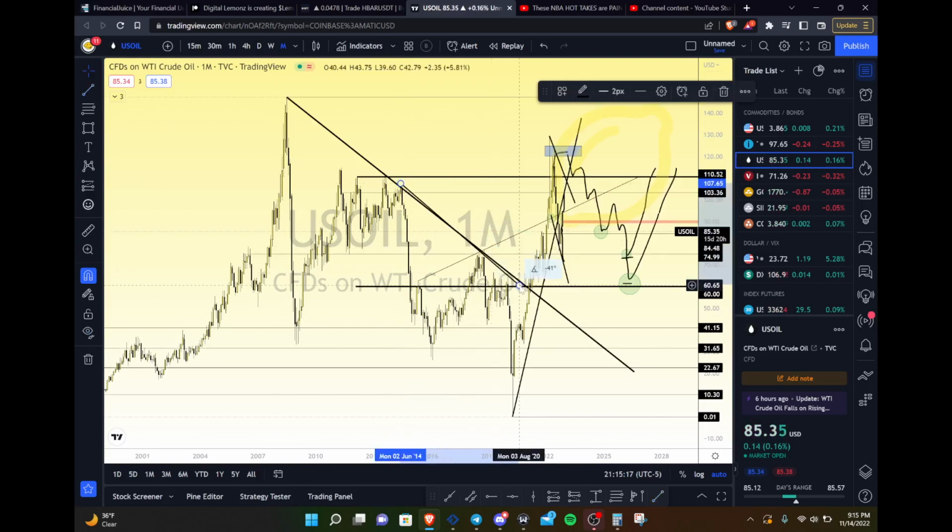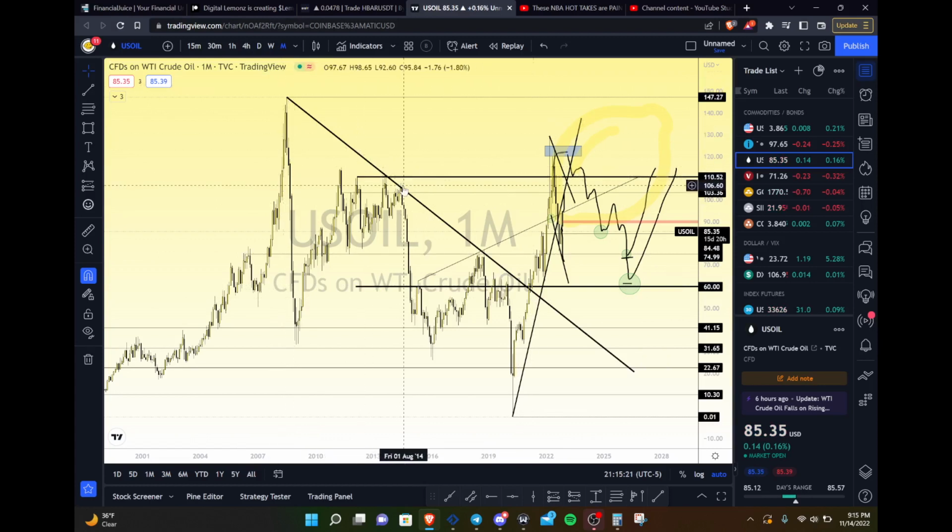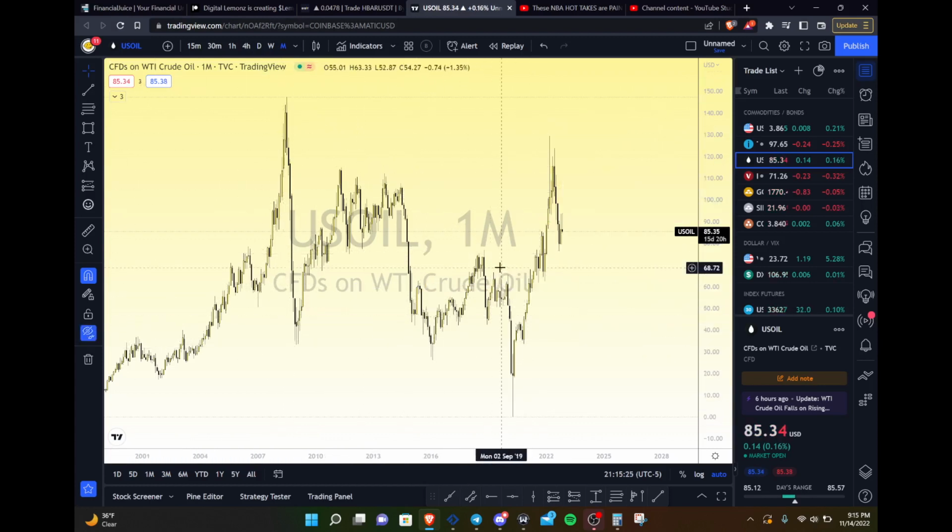I actually can't hide it, but you're seeing it. So this trend line here goes back to the all-time high, to this pivot here, to this pivot here. This was broken bullish, and now this high got taken out here. Now we're coming back, we even tapped the top of the wick right here, and now we're potentially going